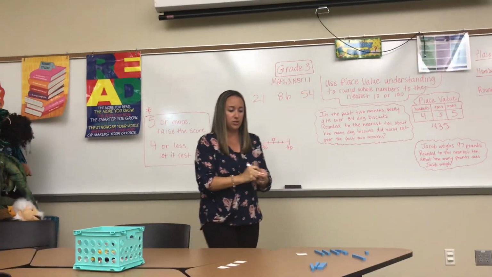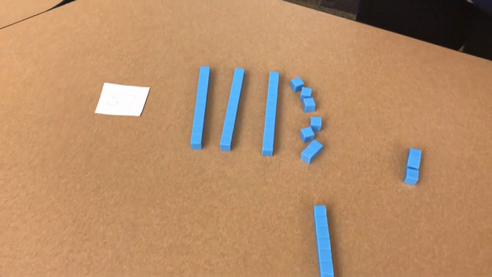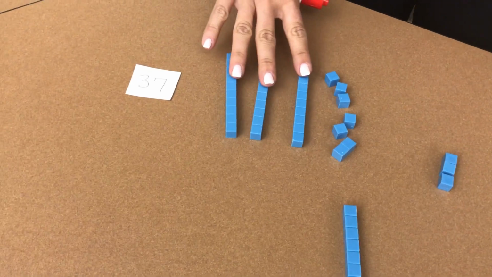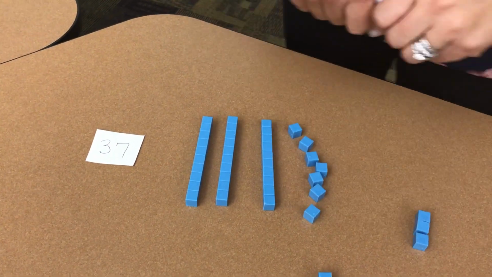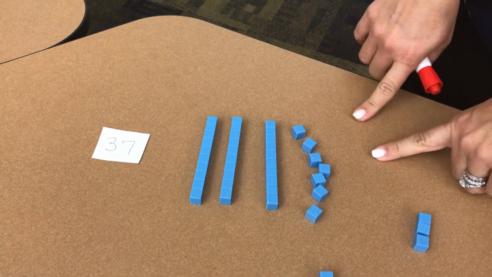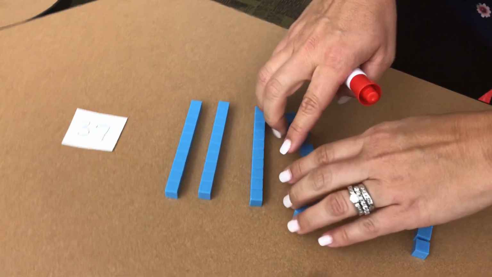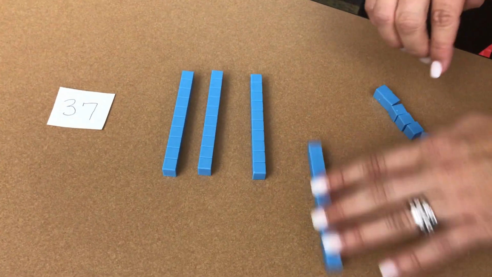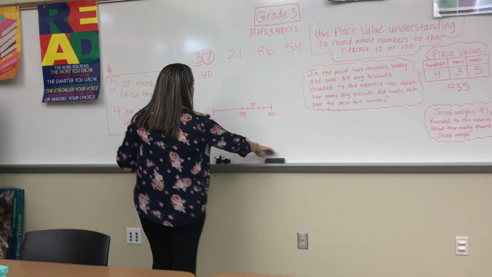Another way to use manipulatives is to use 10 blocks. Now if I'm working with number 37 and I have 3 tens and 7 ones, if it's 5 or more, we want to raise the score. So since there's 7 blocks here, we could just go ahead and take those away and add another bar to make 40. Okay, so now if we go to number 21,